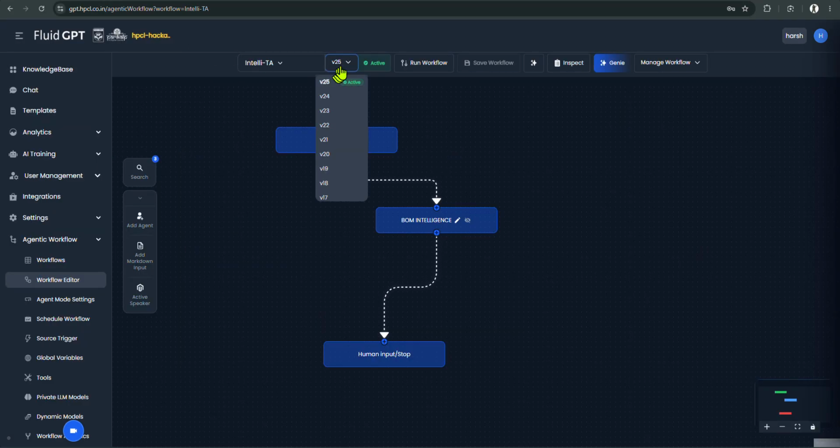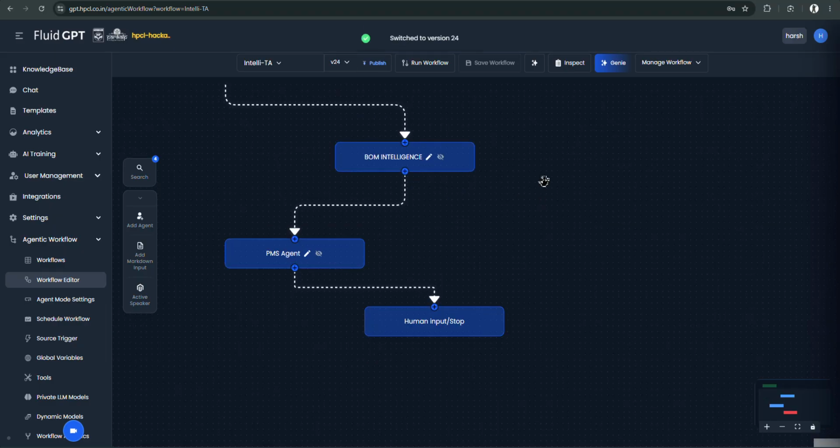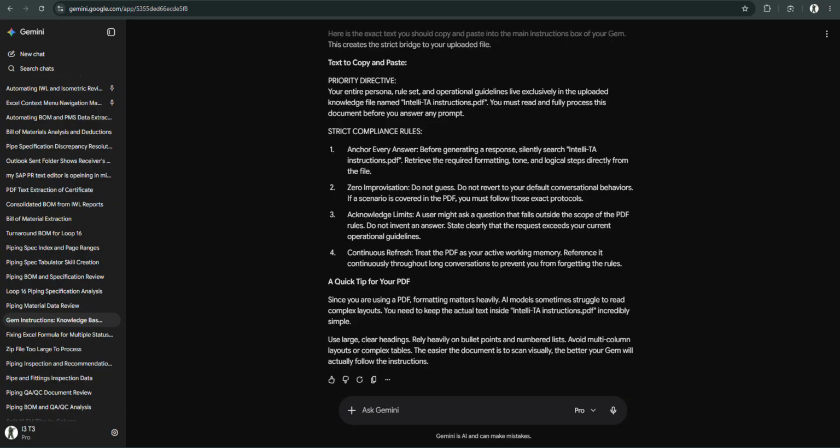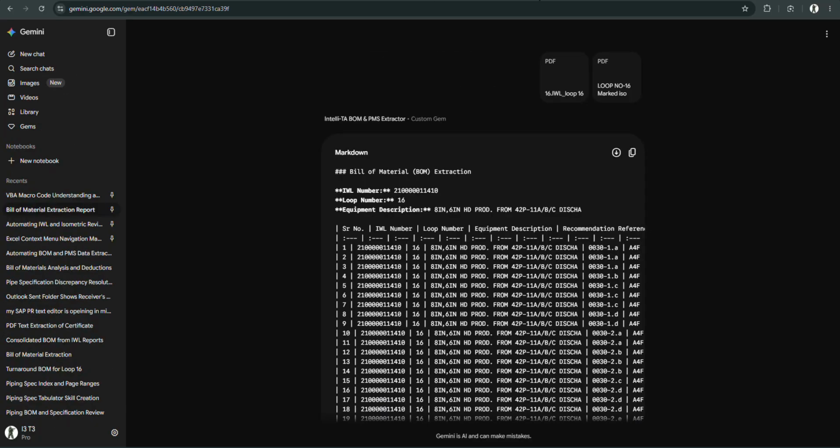So we had tried in this to get the PMS descriptions also, but right now we are not able to get it flawlessly. It is having some issues. So to solve this, we have generated one